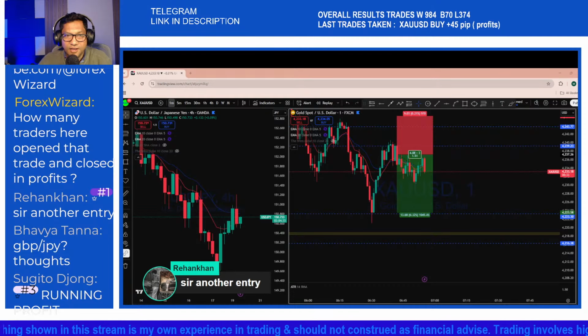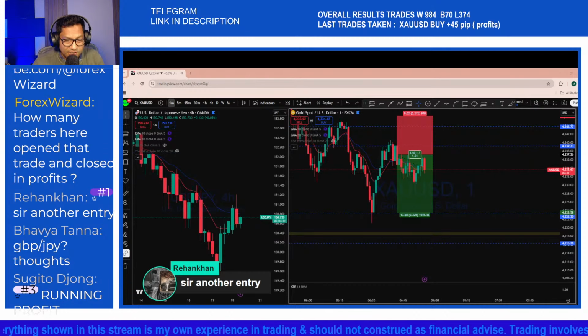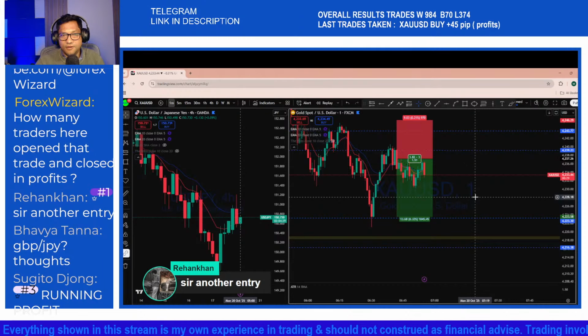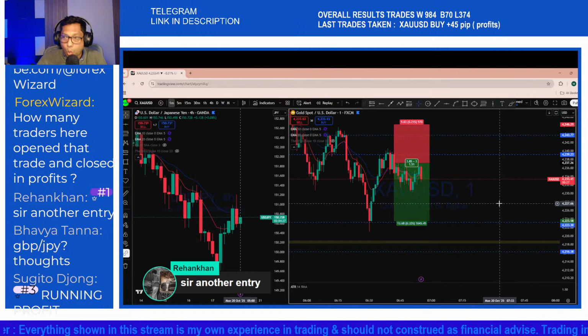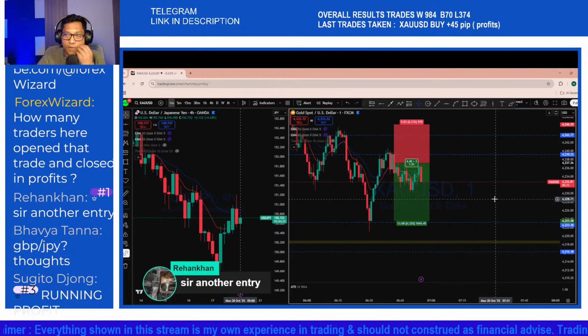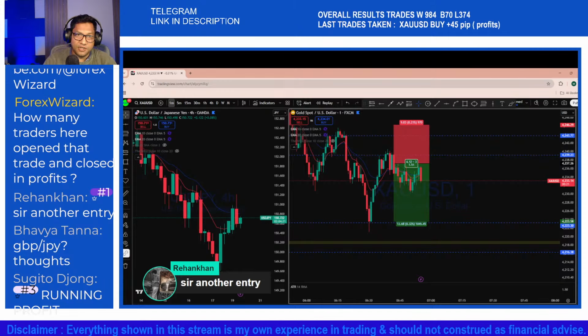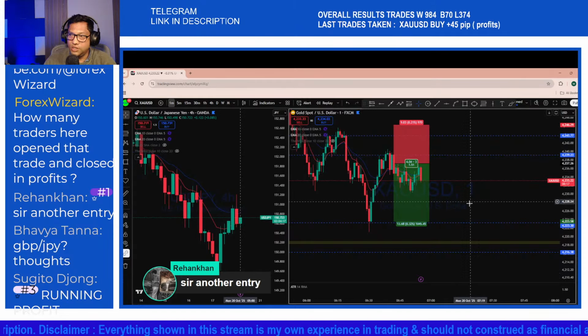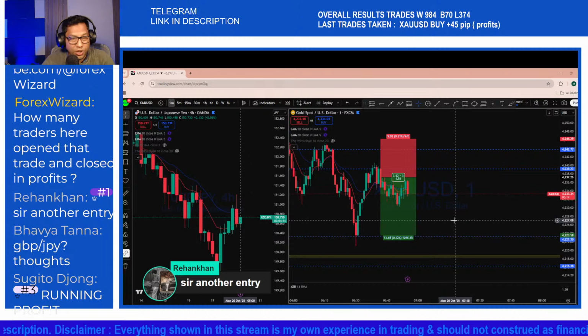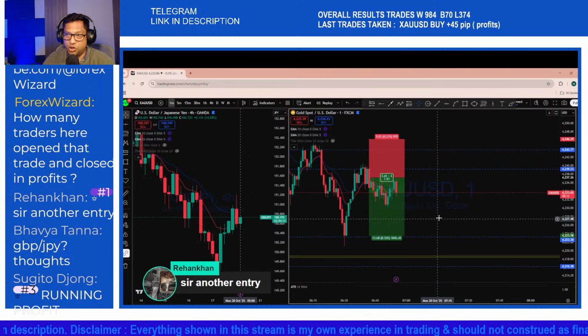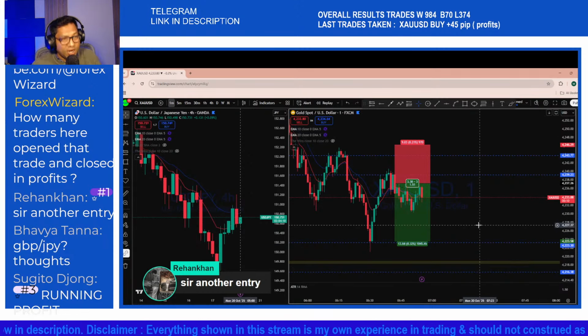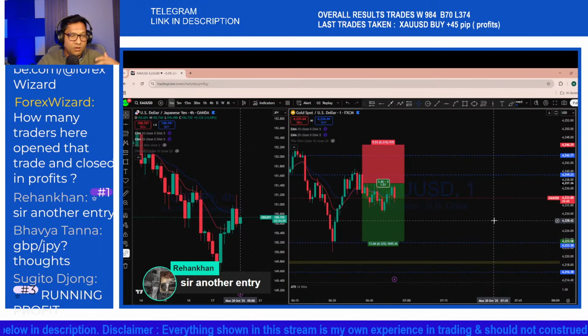The key here is to enter the trade when it is a high probability setup. The edge is the big deal in the market, guys. This is where you need to look at edge. Always trade with a bigger edge, because when you are trading, you can enter a trade with, you know, like